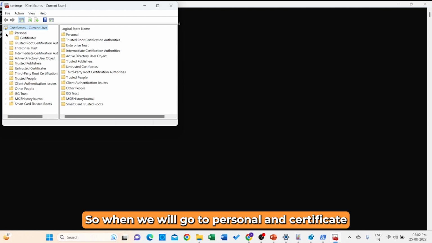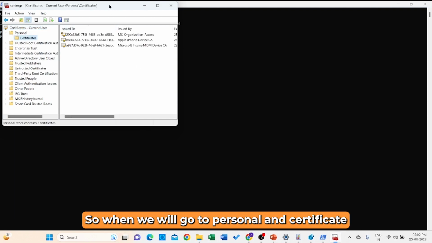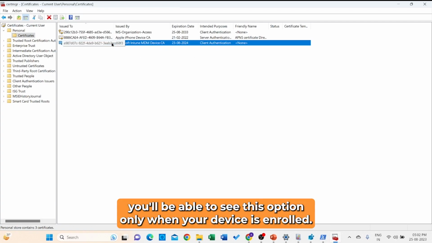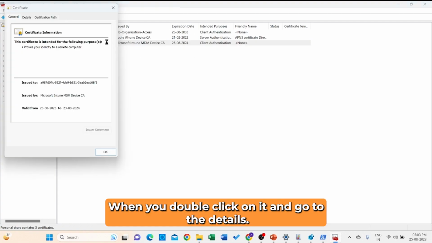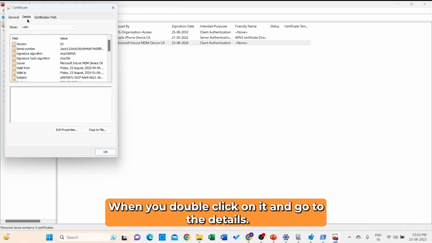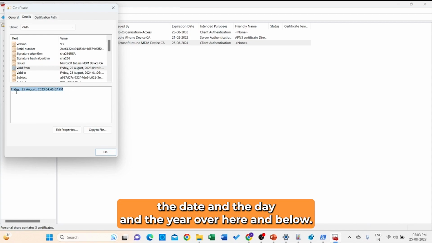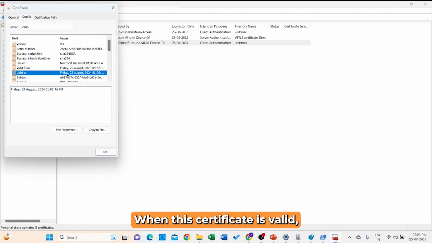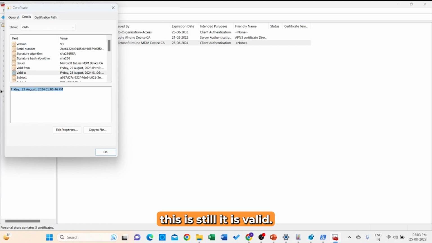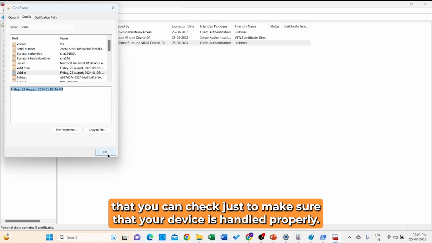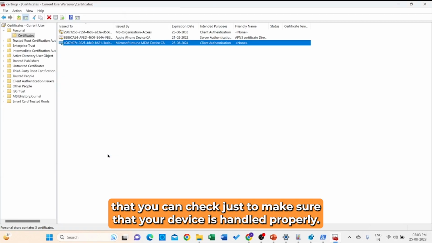So when we go to personal and certificate, under Microsoft Intune MDM device certificate, you'll be able to see this option only when your device is enrolled. When you double click on it and go to the details, it will show you the time when it was enrolled, the date and the day and the year over here, until when this certificate is valid. It is still valid. So these are all the details that you can check just to make sure that your device is enrolled